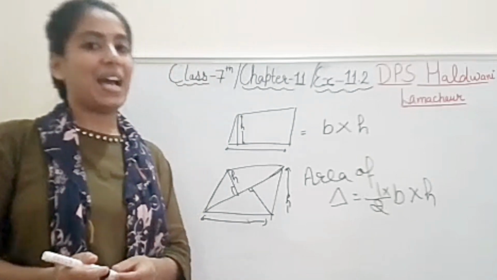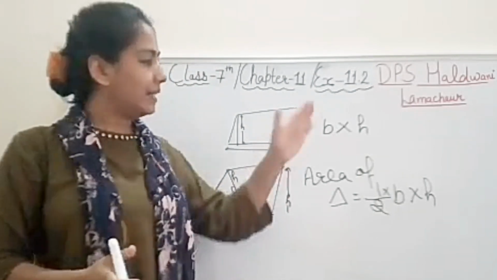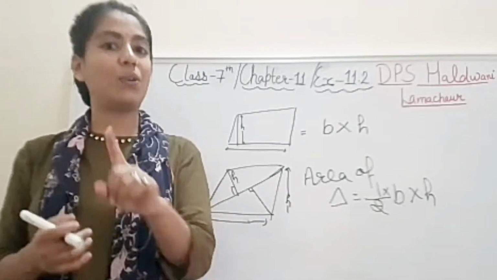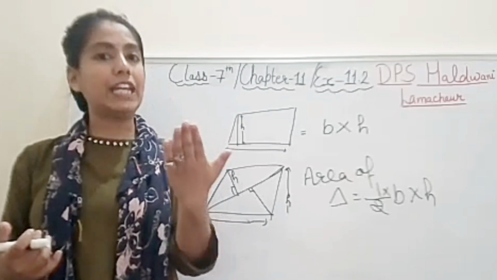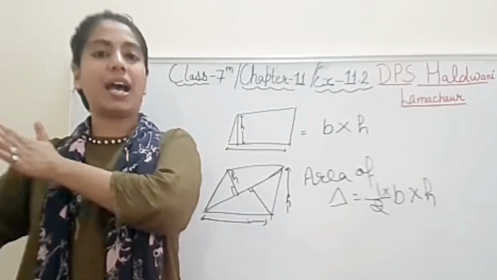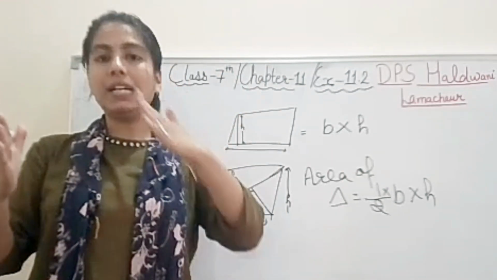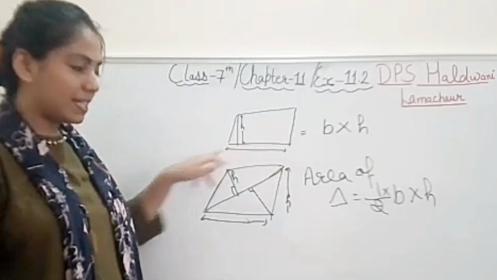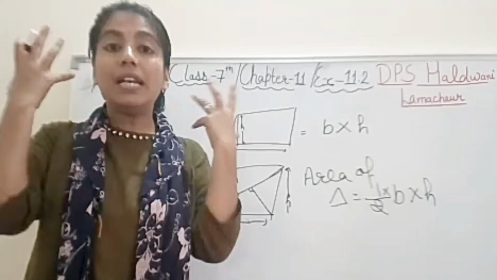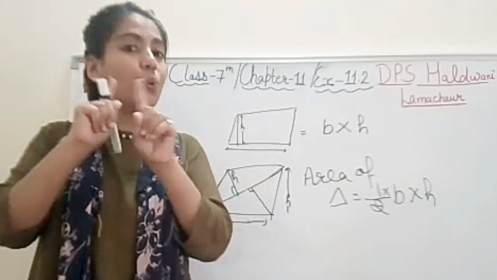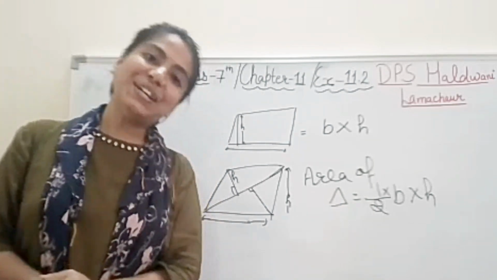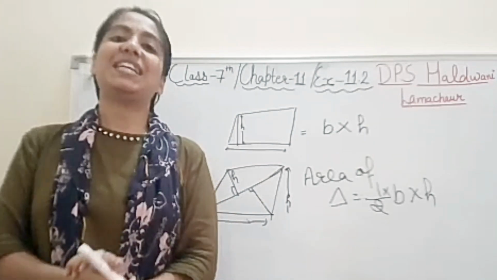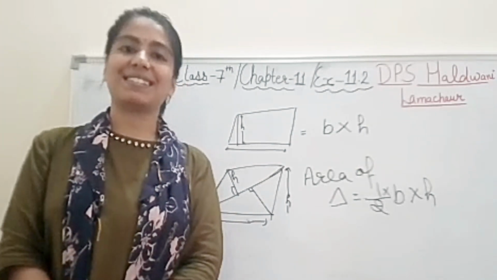Right, students? I hope you got the formula, how it arises and what the meaning of it is. So the area of a parallelogram is base into height, and the area of a triangle is half base into height, because when we make a diagonal in a parallelogram, half is called a triangle only. That is why half base into height. Got it, students? We learn the formula by understanding. Don't cram the formula, students. Right? So this is all about our introduction to parallelogram and triangle. So let's quickly start our exercise questions.